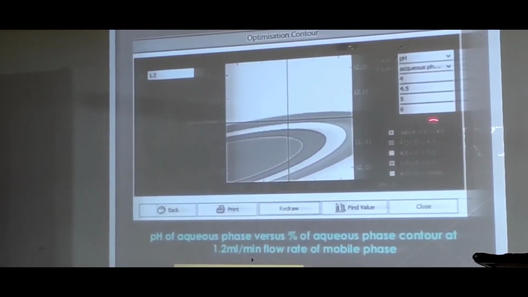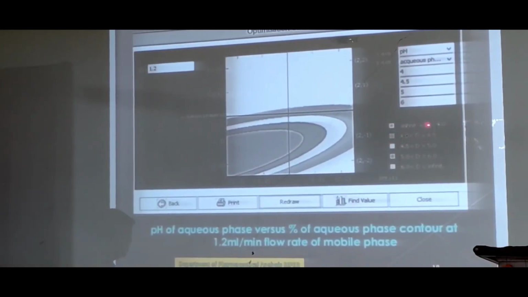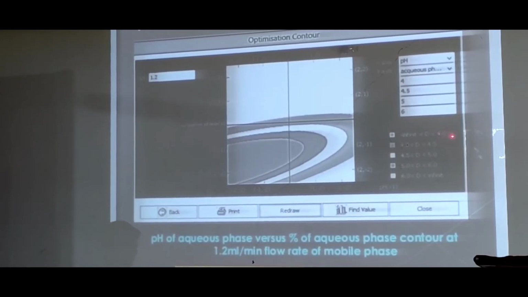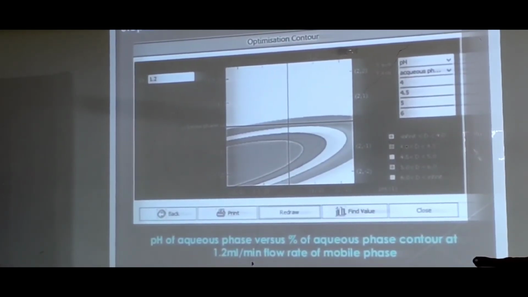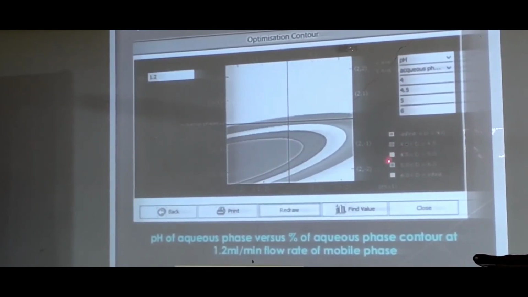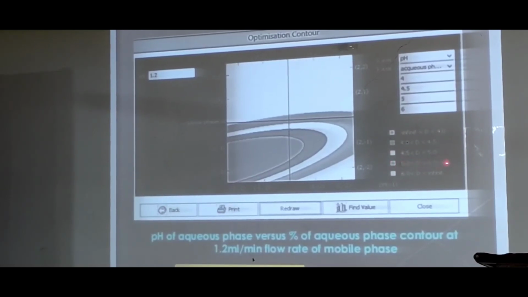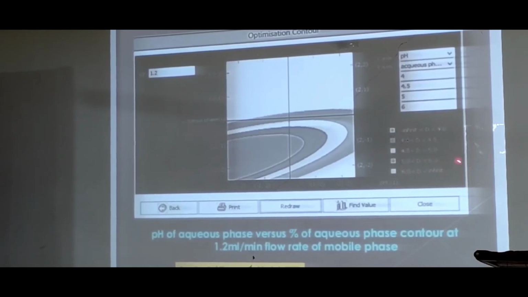These are the outputs. The first one, you may not be able to see, is 0 to 4. Your retention time is 0 to 4. The next one is 4 to 4.5, the next is 4.5 to 5, the next is 5.5 to 6, and then beyond 6, more than 6.